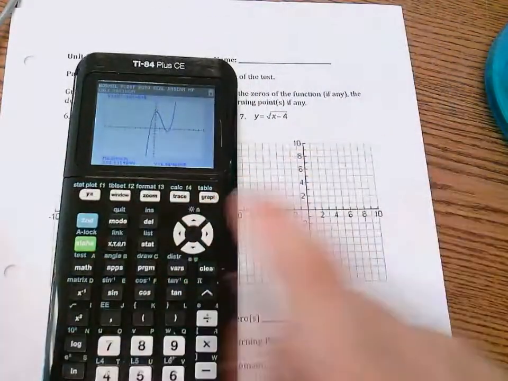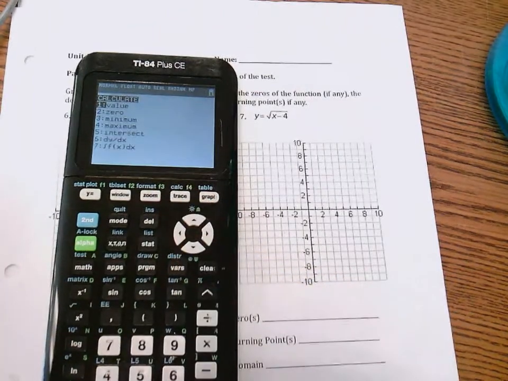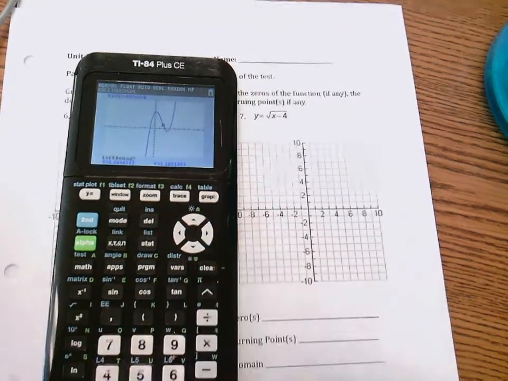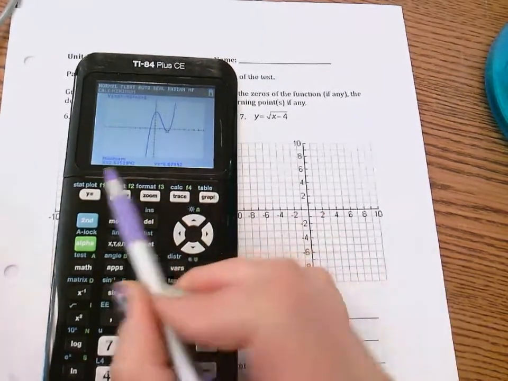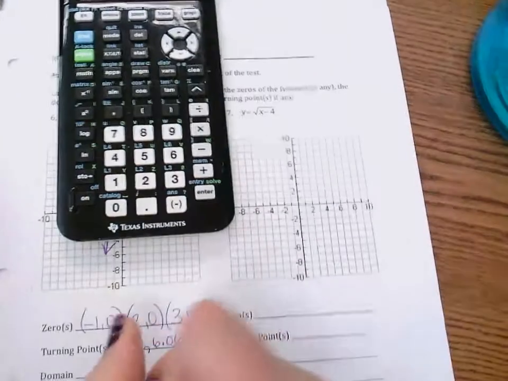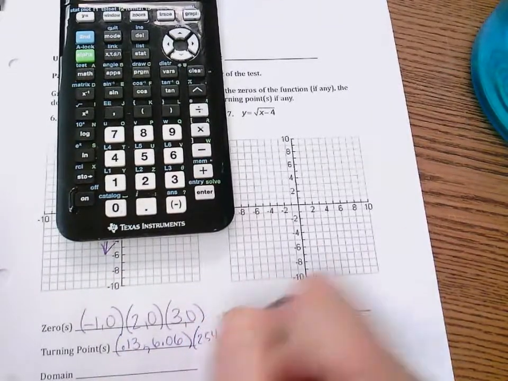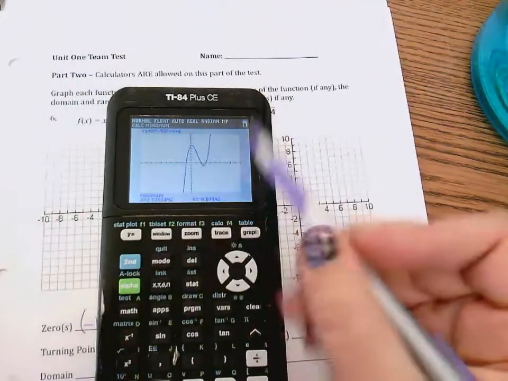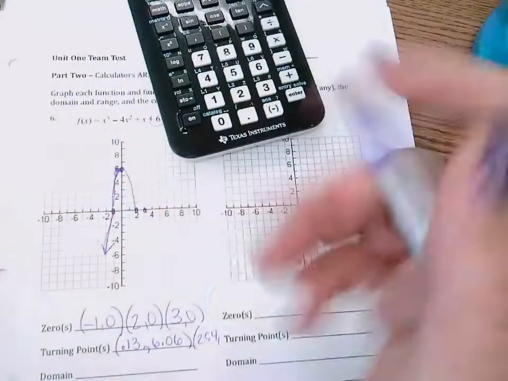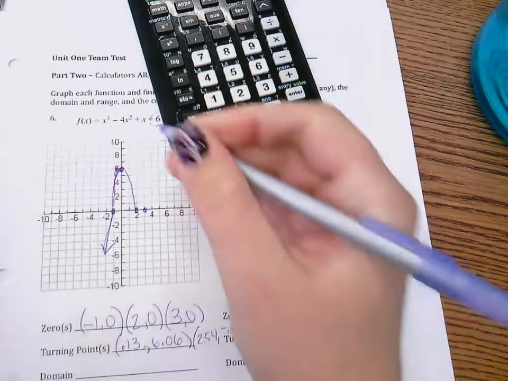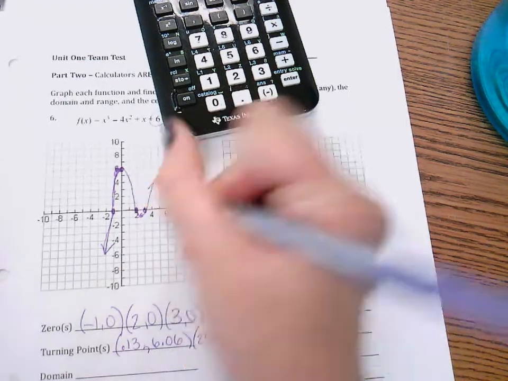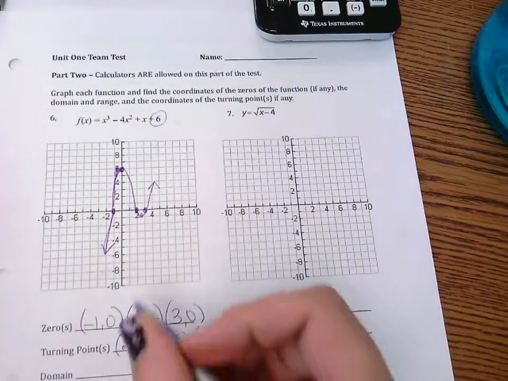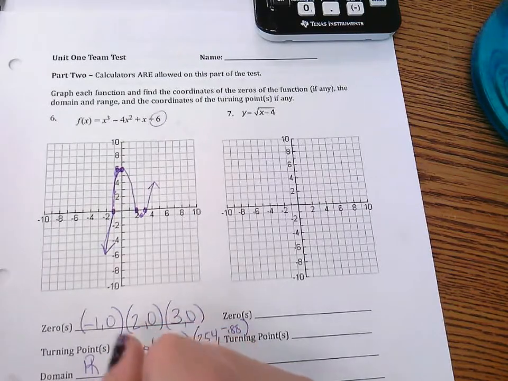And then I need this turning point, calculate the minimum. There's the left. There's the right. So it's at 2.54, -0.88. So 2.54, -0.88 is about there, and then it goes back up. Let's see, domain and range would both be all real numbers because the graph's going forever in this way and